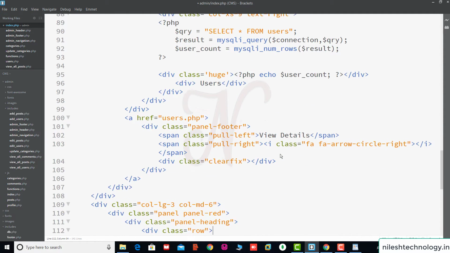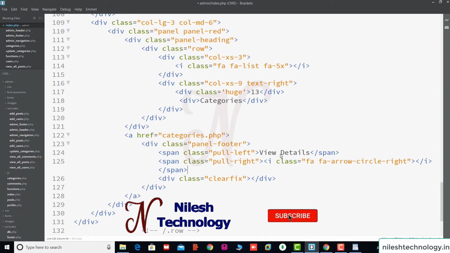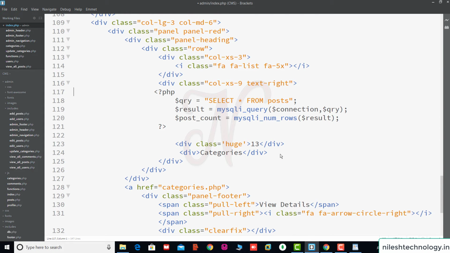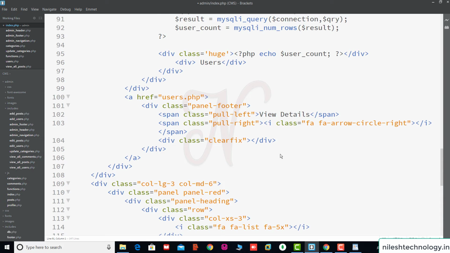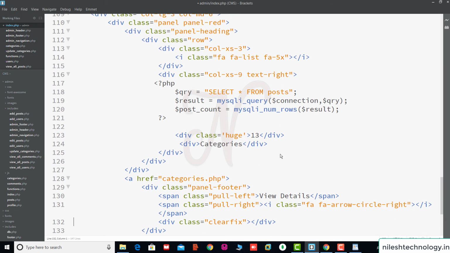The last one is categories. Again we paste this code and change the query. Oh, same, select star from users. Perfect. Same here, select star from categories.